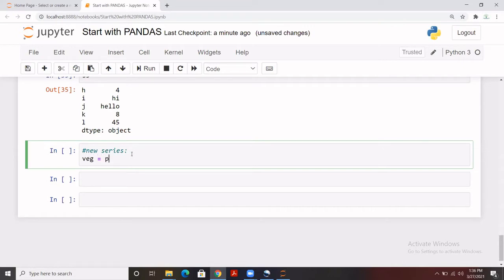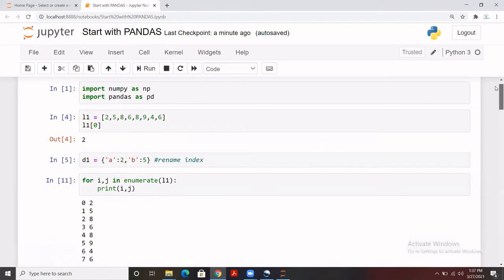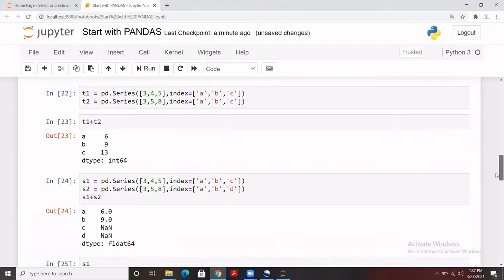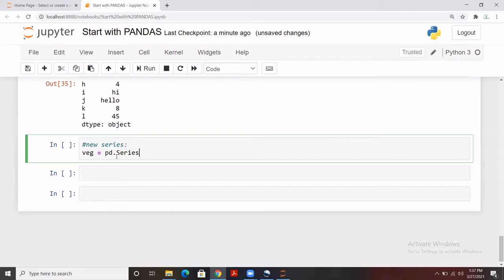And let me import pandas first to use the series here in this file. Right, so it has been imported. Now I can use the pandas Series, with S in caps, and I'm going to create this series using a dictionary.